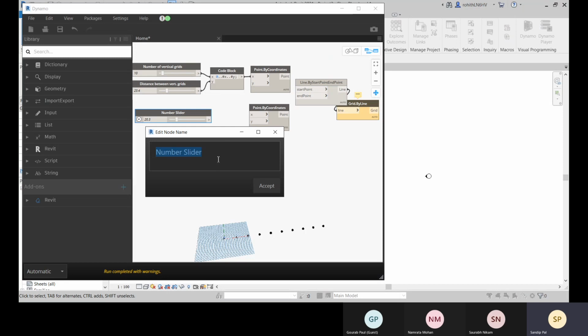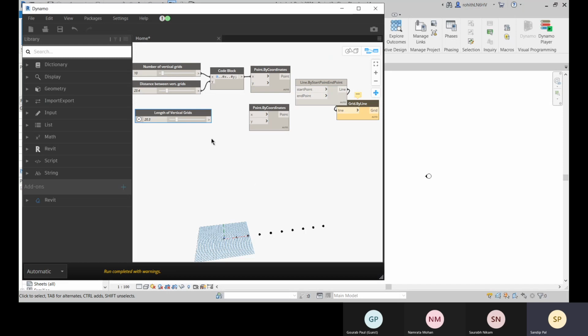So that will be the length of vertical grids. Set. And this is your point by coordinates. And let me place it over there.